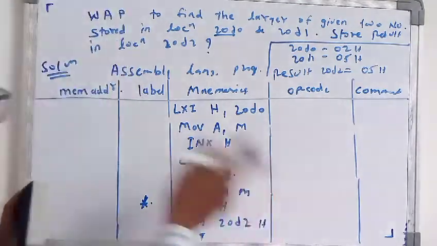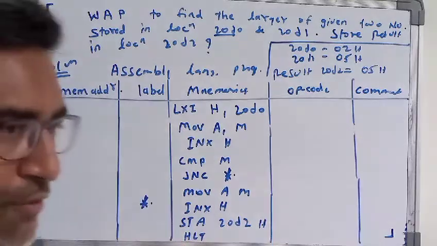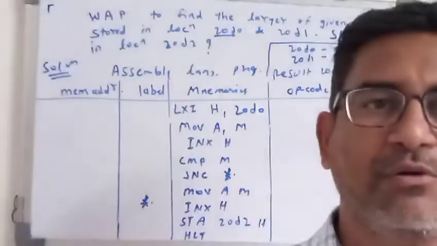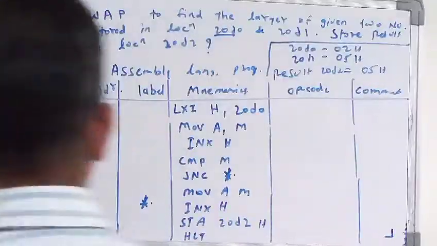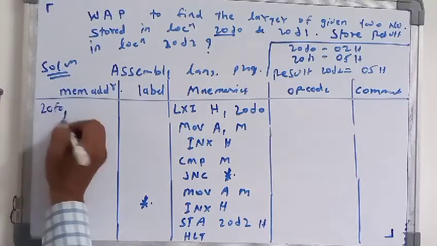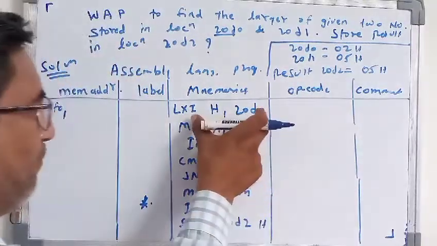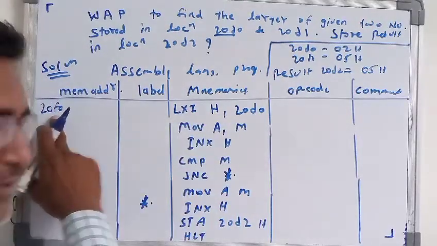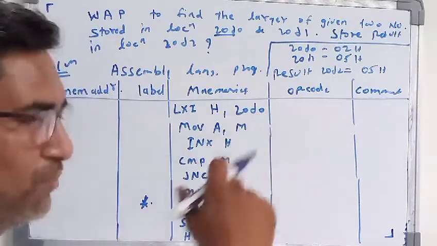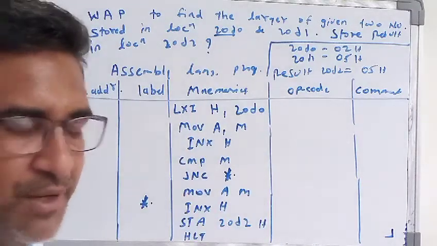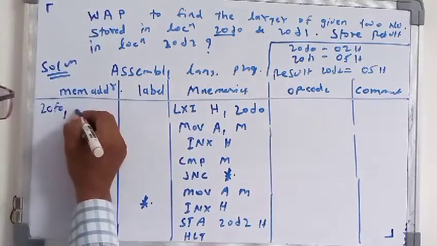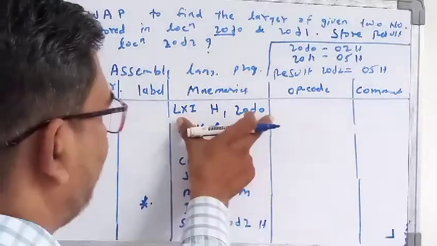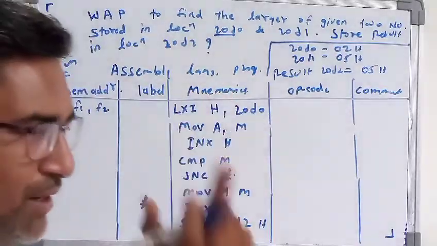Okay students, now we will see the memory address. As I told you, the starting address of the kit is starting from 20F0. We will write here starting address 20F0. How many bytes? It is 3 bytes, means LXI H is stored in the 20F1 address. Then D0 and 20 have to use a separate address. So it is a 3 byte instruction. So 20F1, 20F2. These are the three addresses which are assigned for this LXI H, and that's why it is a 3 byte instruction.